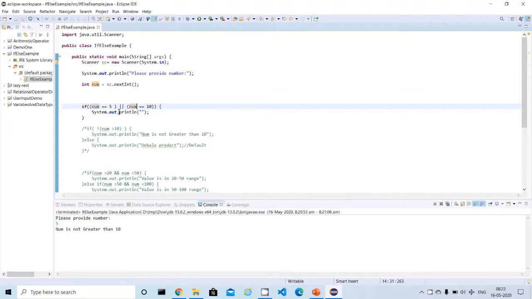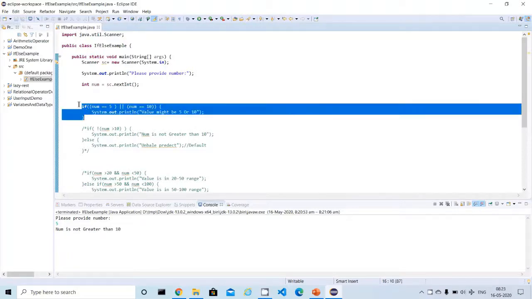So that's the way the logical OR operator can be used to satisfy any one of the conditions, either the left or right side. In that case, you can use the logical OR operator. So I'm going to type here, so this is one of the conditions.